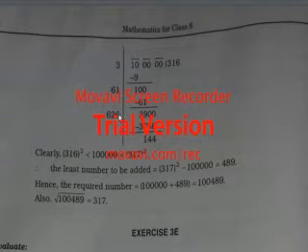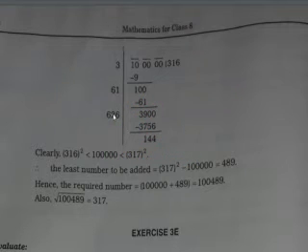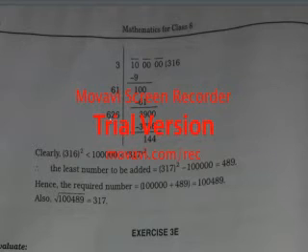Suppose if I keep 3 over here, so 3 3s are 9, 2 3s are 6, and 6 2s are 12, so it becomes 1869. If I keep 4, then I will multiply with 4. 24 into 4 becomes 96, and 6 into 4 becomes 24, so 2496 it becomes, that means 2496.